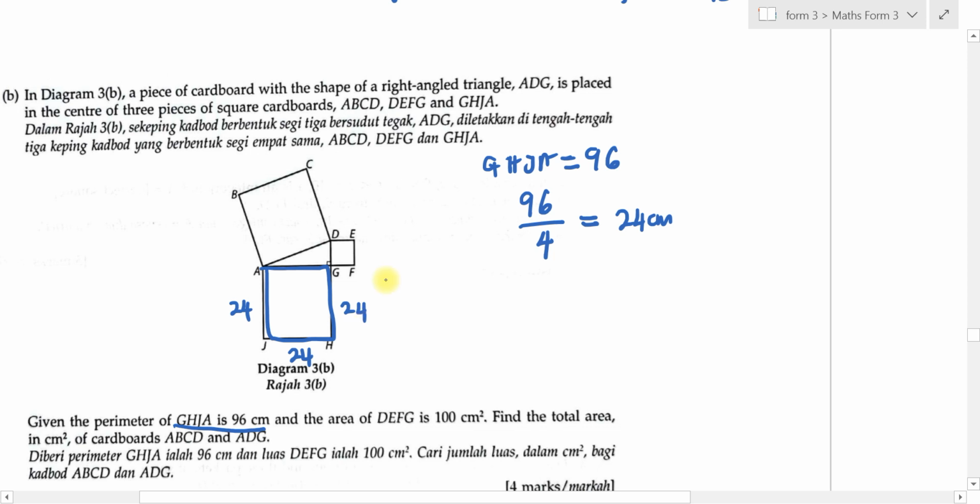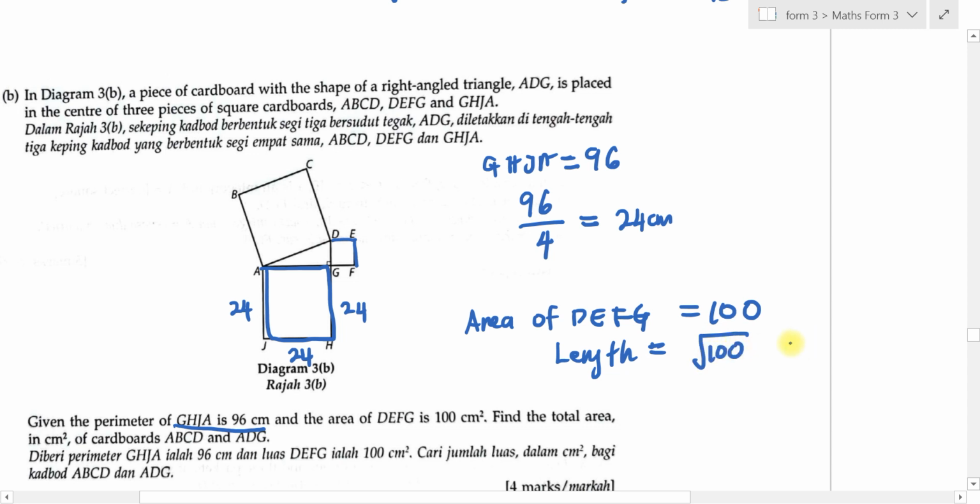And then the area of the DEFG is 100. If they give area of DEFG is 100, what multiply what you get 100? So you want to find the length, you just square root the 100. So you get 10. This one 10 times 10, that's why you get 100 as your area. Find the total area of the cardboard ABCD